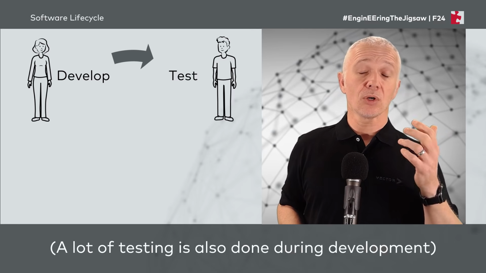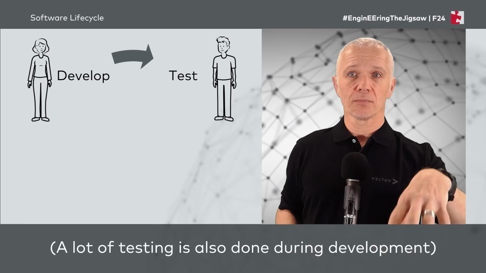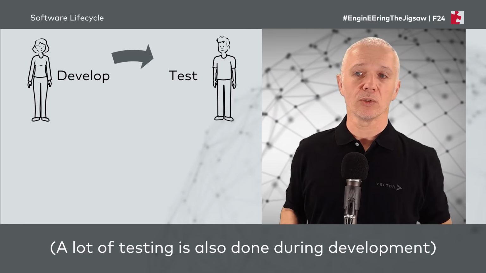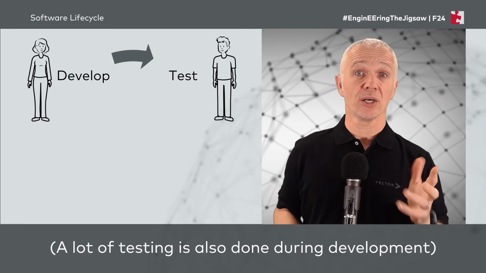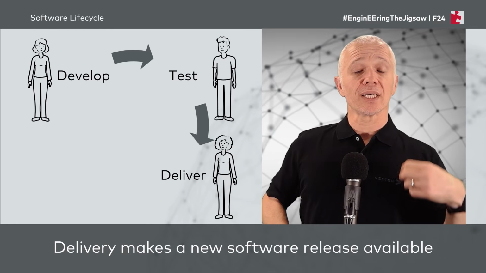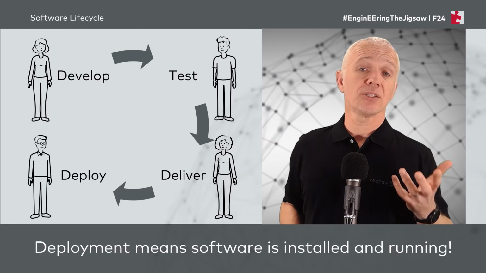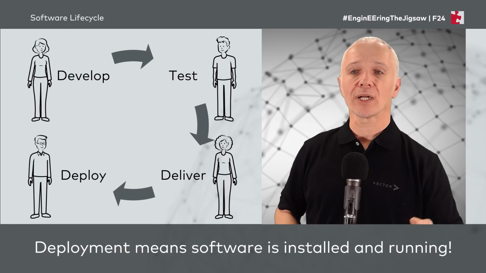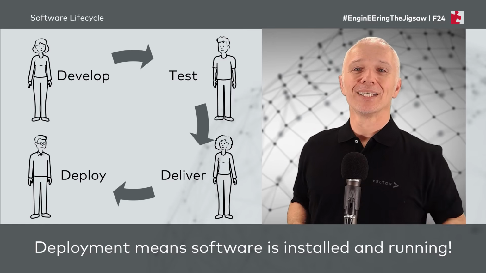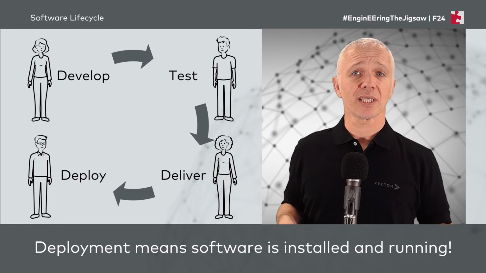So we do a lot of testing during development, but we also do additional testing before we let our software loose in the wild with real people, real users that could possibly be hurt if our software goes wrong. So after testing it, we can deliver that software to make the software release available. And then we can deploy that software, which means that it's installed and running. So this is a simplified software lifecycle: develop, test, deliver,